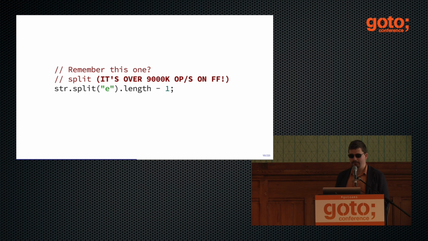And the example from before with the split of a string, Firefox is actually smart enough to understand that splitting a constant string by some other constant string, and taking the length of the resulting array, doesn't actually do anything observable from the outside. So this is all completely removed and eliminated. If you assign this value somewhere, then it's a different situation.